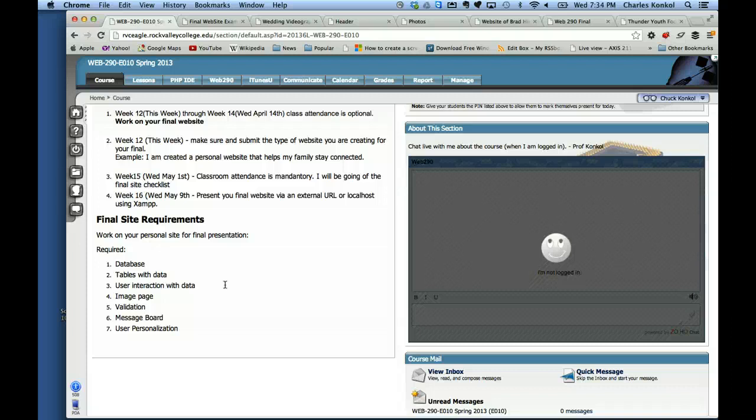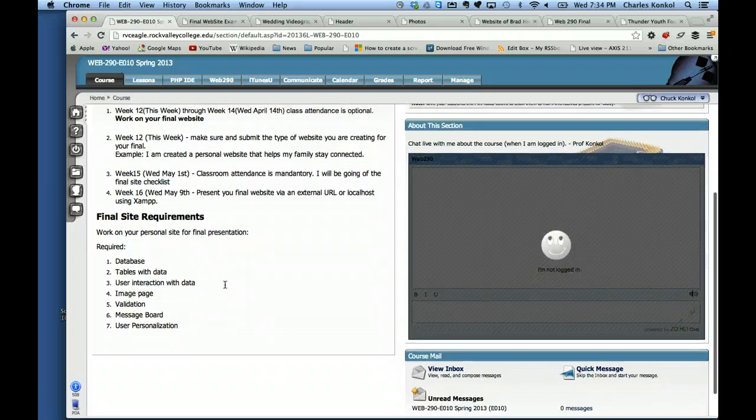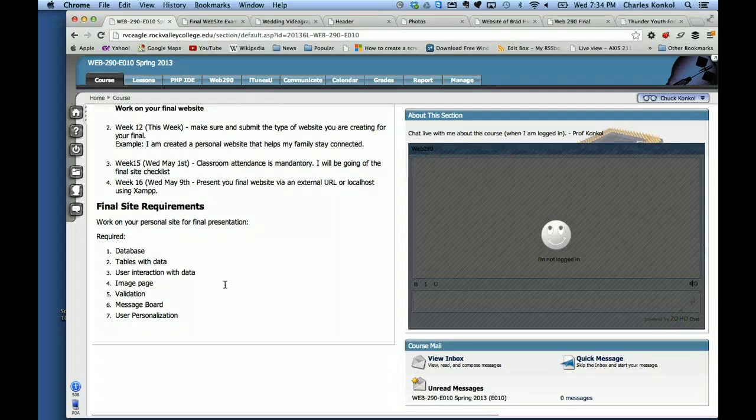Requirements for the site are database, tables with data, user interaction with data, image page of some type, validation, message board, and user personalization. Now I want to show you some website examples inside of week 12,